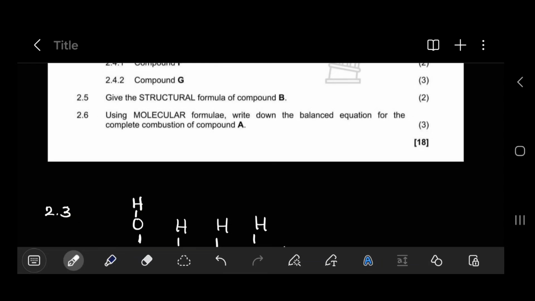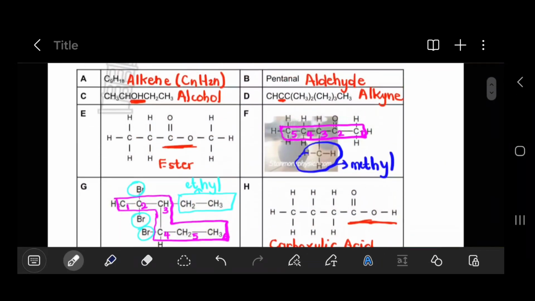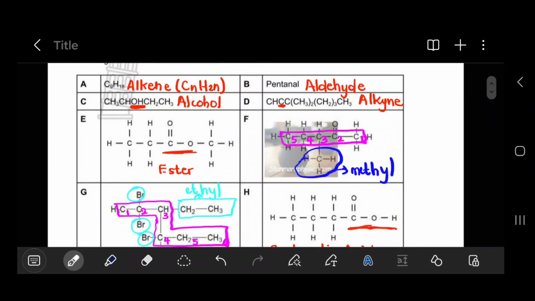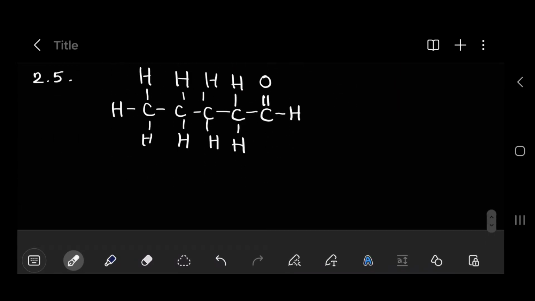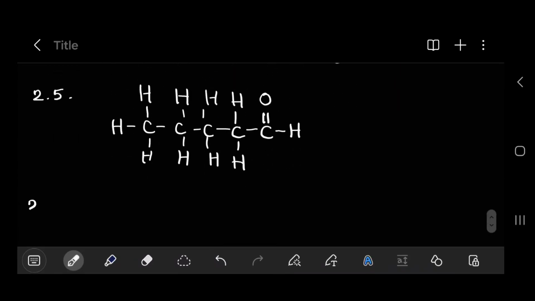2.6 says, using molecular formula, write down the balanced equation for the complete combustion of compound A. Let's have a look at compound A. That was C9H18. Now the good thing about combustion reactions is that they are completely straightforward in the sense that